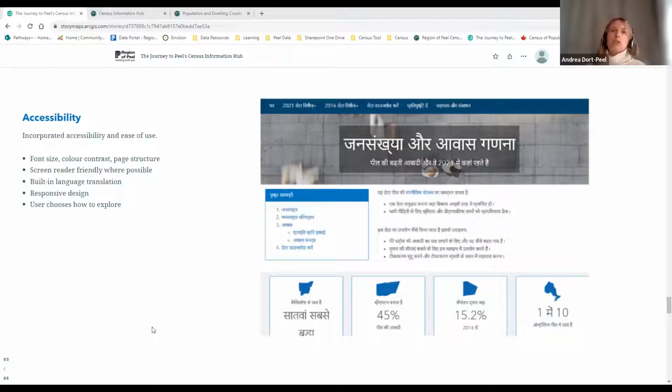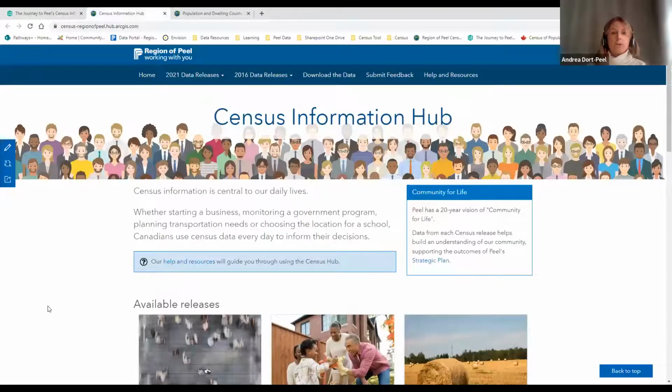So for some, that may mean jumping straight to clicking the download the data button. But for others, it may mean exploring a section a little further and getting an understanding of the why. So all those choices add up to open up this important information to Peel's diverse population and to a wider audience. And now I'm going to hop over to the Hub itself and just give you a quick